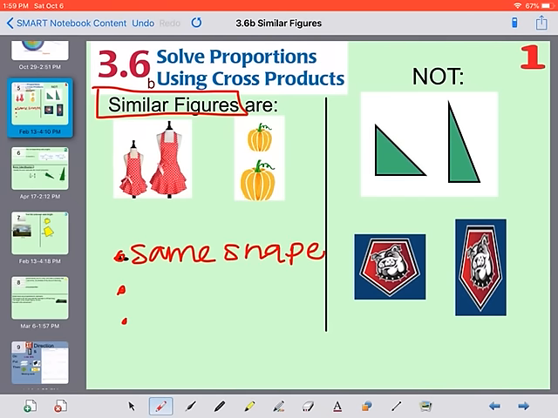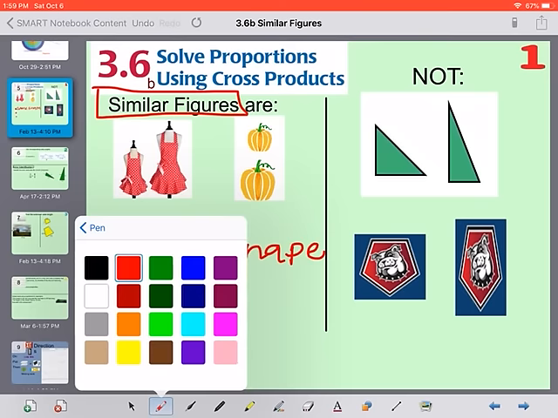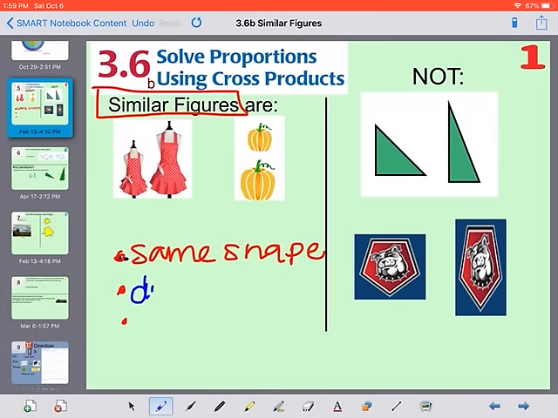Even though they are the same shape, they are going to be different size. So these dresses are the same shape, but they're just meant for different size people. These pumpkins are exactly the same, they're just different size. A word we use to describe both of these, the same shape but different size, is